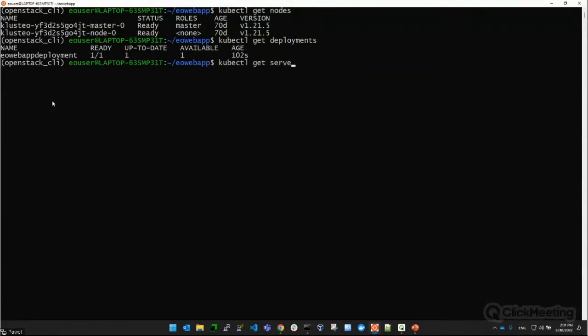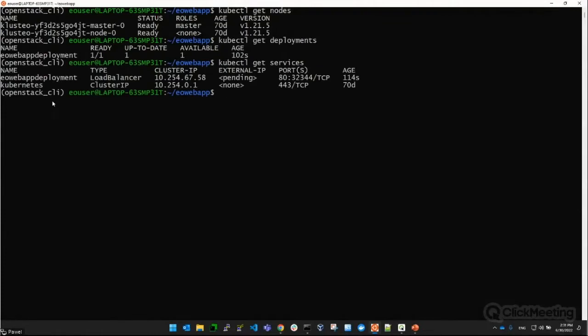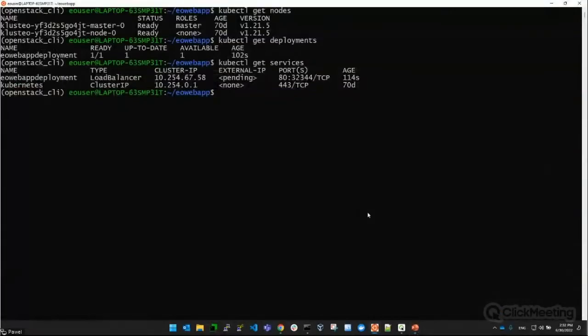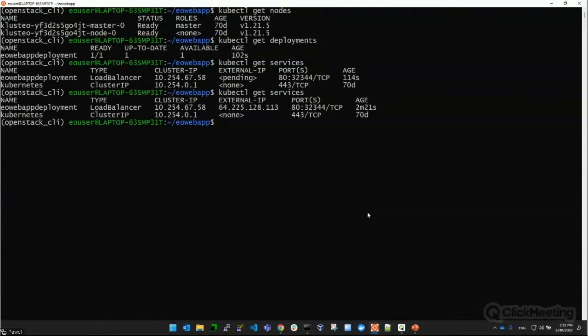And then we can see if our services are there. And so you see the service is also created. It's pending, so it will take a bit of time before the floating IP will be assigned to this service. Let's see, maybe it's already there. It's already there. Usually it's maybe 2 or 3 minutes before it's available, because behind the scenes it also creates